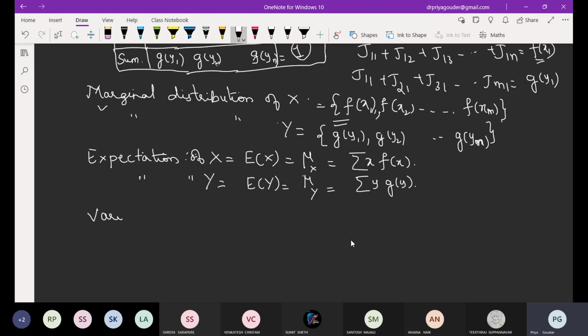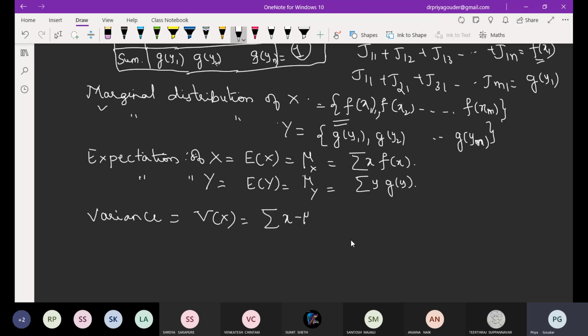So I'm not going into detail of everything. I'm just giving you the definitions so that you can easily solve the example. Got the part? Okay, let me define the next quantity as variance. It is denoted as variance of x and variance of y separately. So variance of x is given by